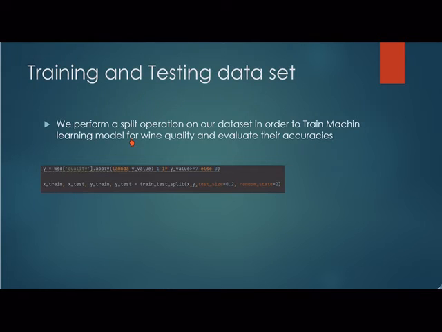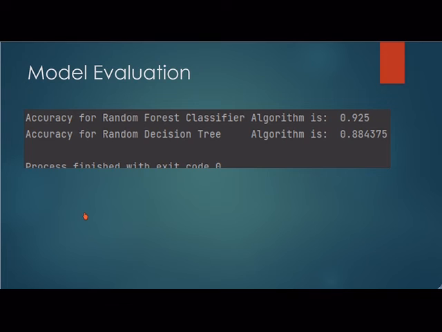So we perform a split operation on our data set in order to train machine learning models for wine quality and evaluate their accuracies. The test size is 20% of the whole data set that we consider in this project. And here we apply two machine learning algorithms to our training data, and after we applied that, we see how accurate our model is, and we can see that the random forest classifier algorithm has a better accuracy